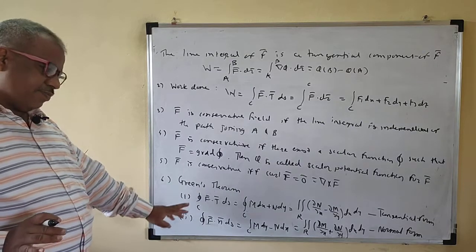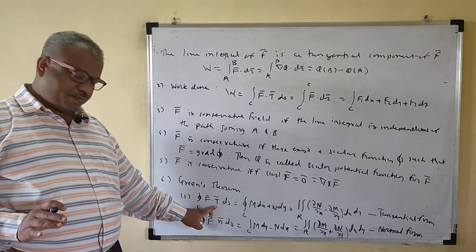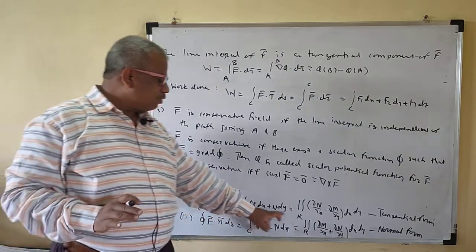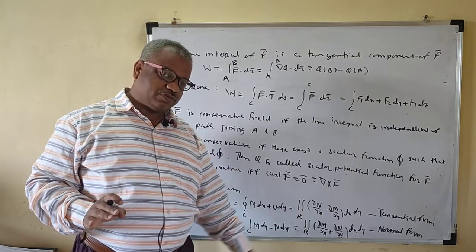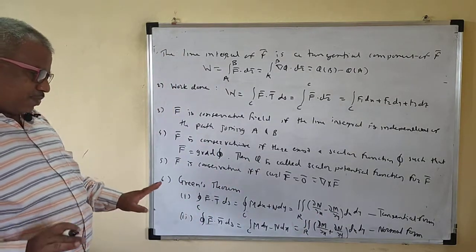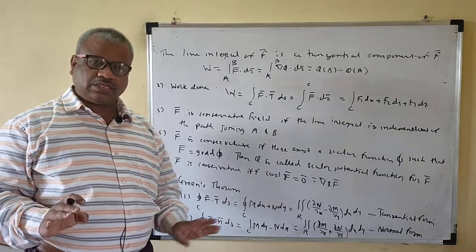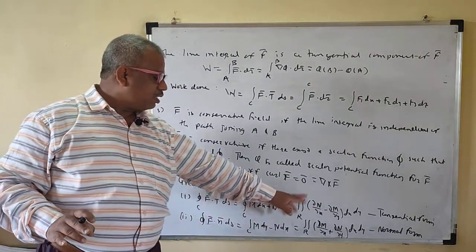Okay, now the Green's theorem for tangential form and for normal form. This is the tangential form, f bar dot t. So M dx plus N dy is equal to double integral of dou N by dou x minus dou M by dou y dx dy. This is in the tangential form. So if it is not given and you want to identify the formula, just remember this. This is what M dx plus N dy is equal to.